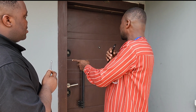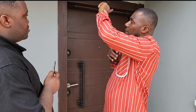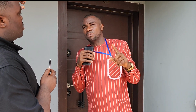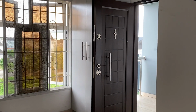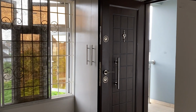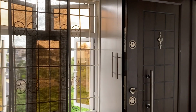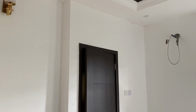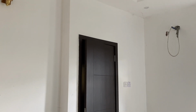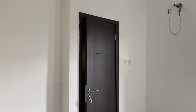Depending on their size, this is a 4 feet size door, and the other twin is the same thing, and then for the exit we use a 900. But we also have other companies we buy doors from. Depending on what we want, we just talk to them and they supply. So in this part of the flat, or in each of the flats, how many doors did you use in total? In this part of the flat, it's very simple. We have about